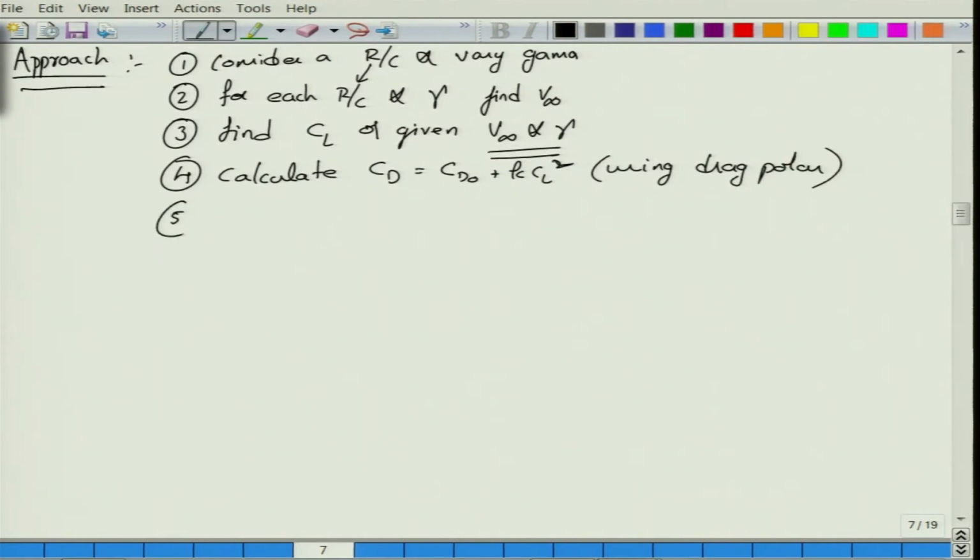Once you know CD, find the thrust required during climb, which is drag plus W sin gamma. Now, once you have that, find power required during climb.